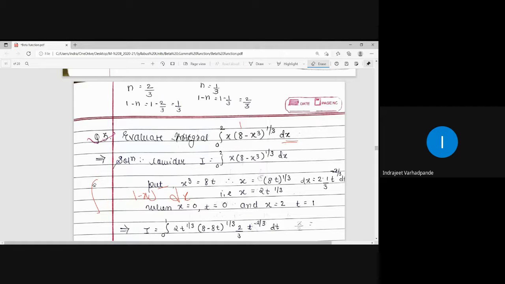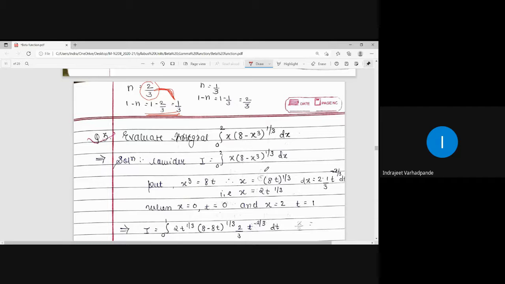Obviously, as it is the first problem, it might be difficult for you to get how the substitution or the simplification can be done. But as soon as we do more examples, we will surely get habituated to it, right? When the numerator is less than the denominator, we usually try to switch to the property n into 1 minus n, right? So this is how we should have the terms associated with each other and try to express it in the form gamma n into gamma 1 minus n.